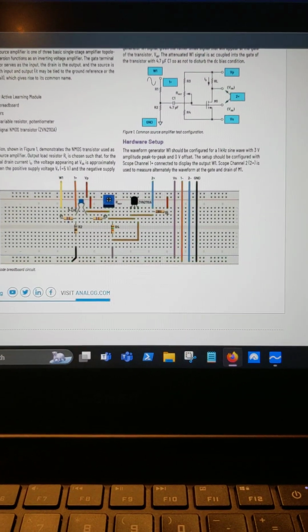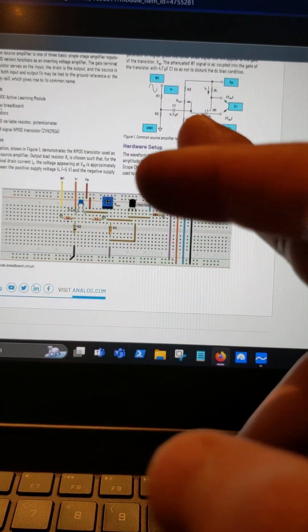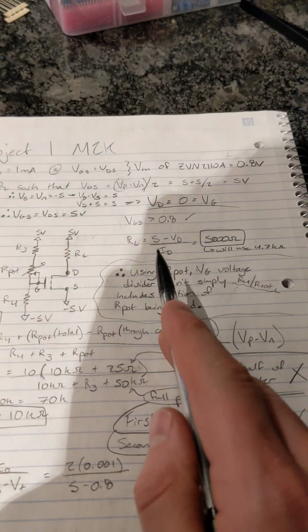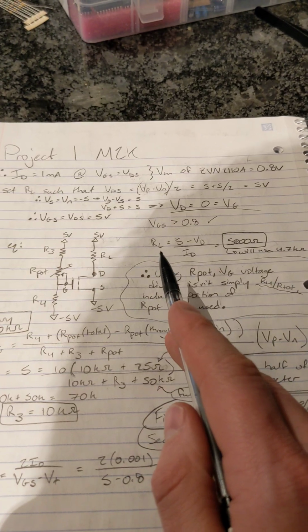This is Joseph Oler, Project 1 M2K. We're going to remake this by finding our resistive loads. We're going to do so by starting with the DC equivalent, removing the capacitive load. Assuming some of these conditions are true, we're going to jump down here and say our load is going to